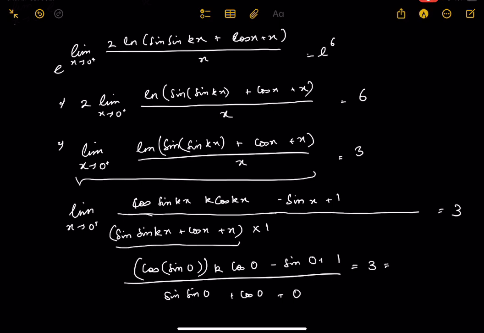Cos 0 is 1, so k minus 0 plus 1 upon the denominator, which is 1, equals 3, which gives us k is equal to